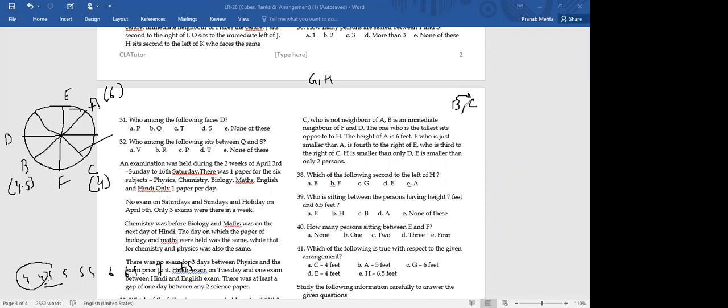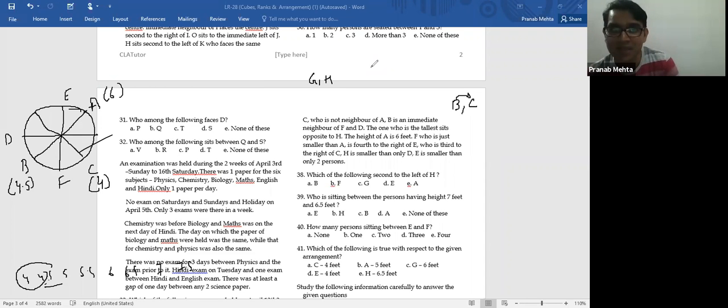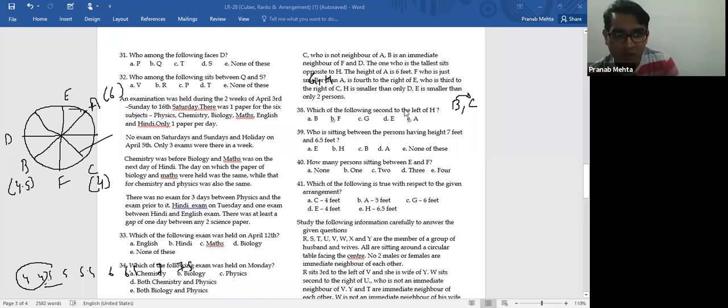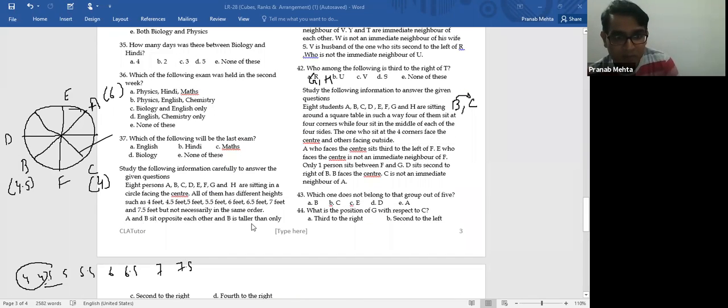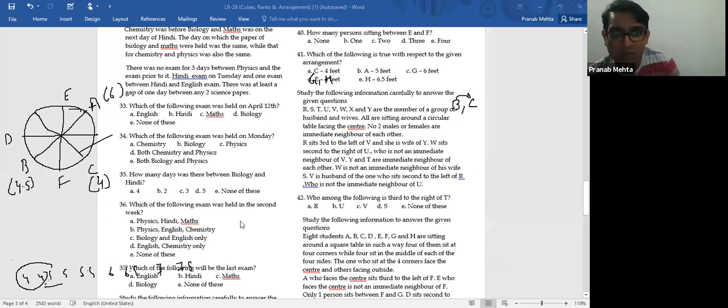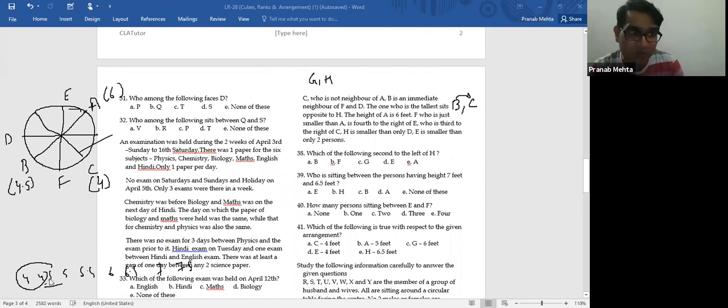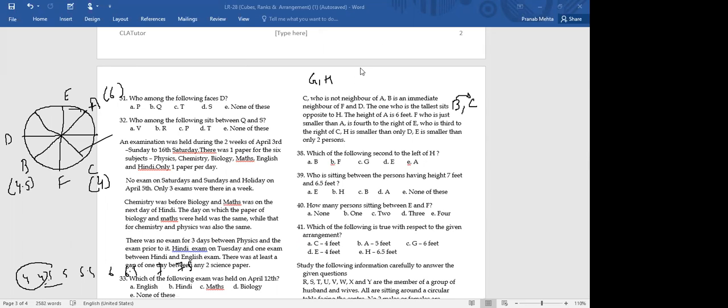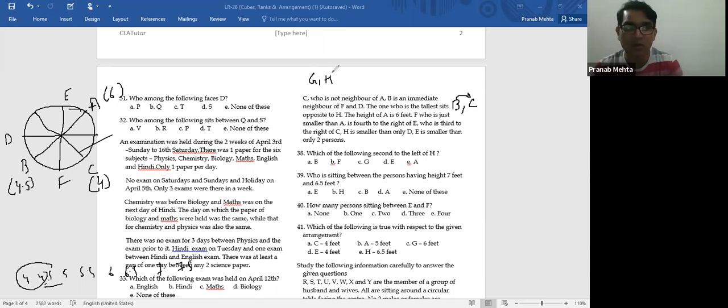Yes. So you have to be very careful, because very clearly they are saying that B is taller than only C. B cannot be taller than anyone else. He has to be taller only than C. That means the only possibility is that B is 4.5 and C is 4. Because if I take B as 5, then B becomes taller than 4.5 and 4, so there are two people, which is of no use. That is why we are taking it as 4.5 and 4. All of you have understood now? Good.